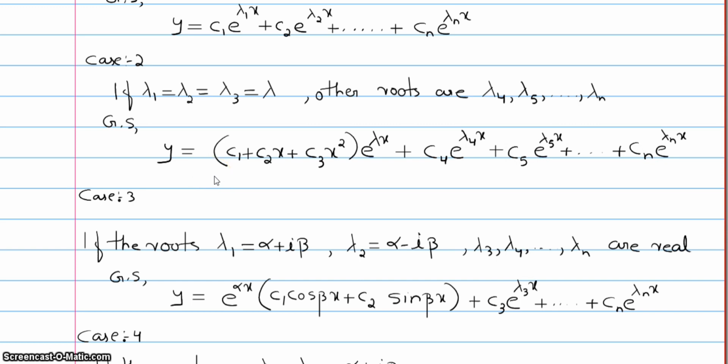For the earlier case, if lambda 1 equals lambda 2 equals lambda, two of the roots are similar, we got the general solution as (c1 + c2 x) e^(lambda x). So here three of the roots are similar, extending by one more term, we get (c1 + c2 x + c3 x^2) e^(lambda x). Now the remaining terms can be